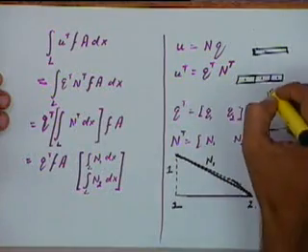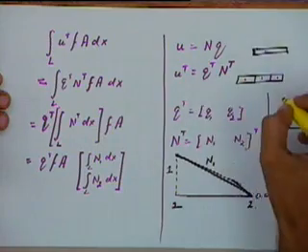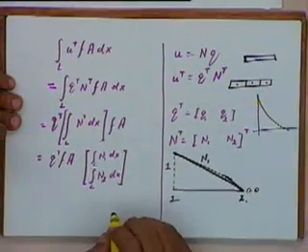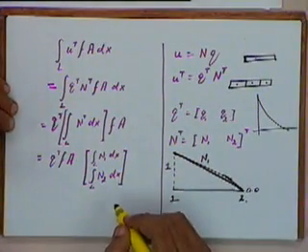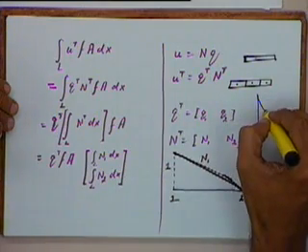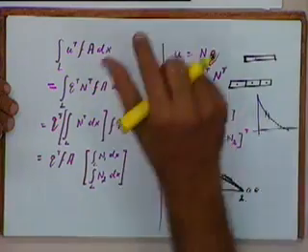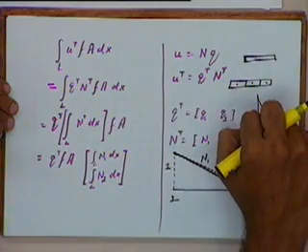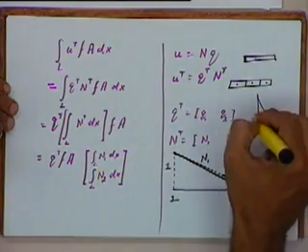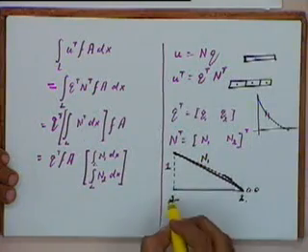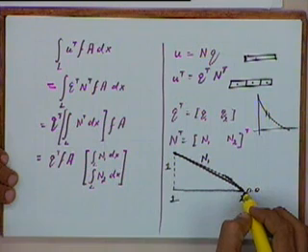Values will be continuous at the interface of the two elements. For instance, if I take a large element, my strain distribution might actually be like this. It might be any kind of curve. But within a small gap, I'll assume it to be linear. That is what the finite element method will tell us. But within this element, we have to do the integration according to our assumptions. So this N1 is varying along the length of the element in this manner.